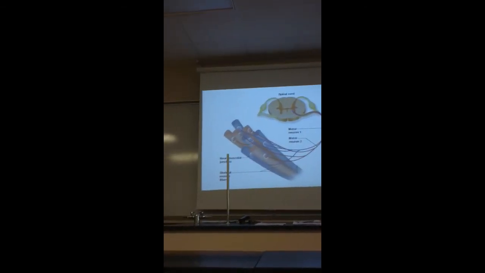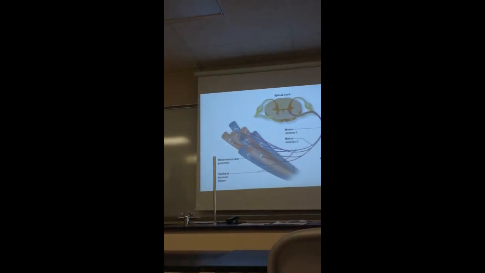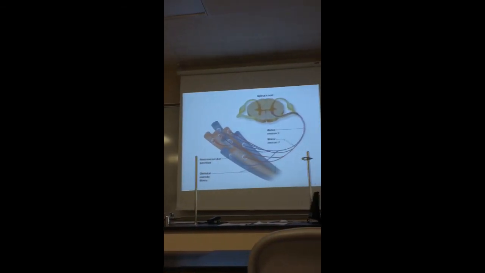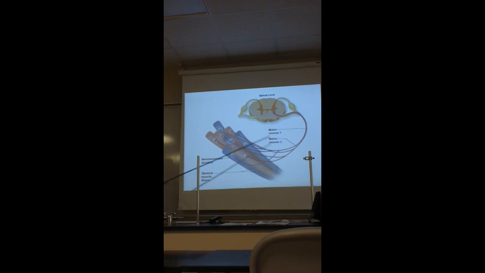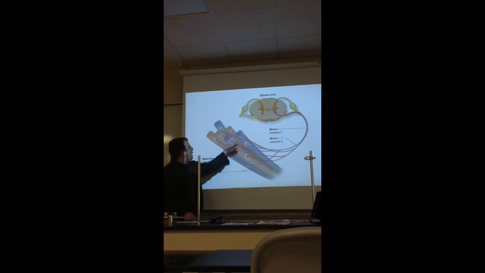So let's say that we want to move a muscle, right, voluntarily. This is a skeletal muscle after all. So we have some sort of impulse, or we call it action potential, that comes down in a neuron. Now, the part of the neuron we're going to be talking about is called an axon. If you know what that is, great. If you don't, don't worry about it at this point. But it's a long tail of a neuron. And these guys are going